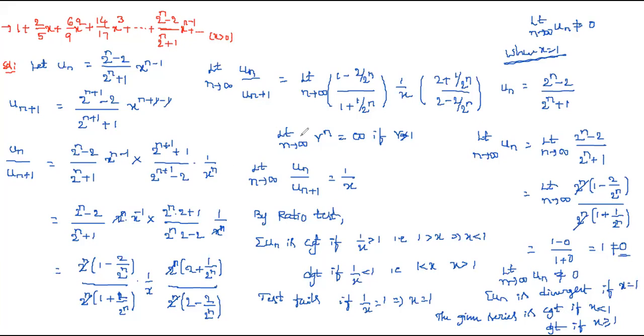Okay, so this is the one. Here also we applied: the limit as n tends to infinity of r power n is equal to infinity if r is greater than 1. And if r is less than 1, simply write that the value is 0. If we compare this one, r is nothing but 2, and 2 is greater than 1, so the value is infinity. So 1 by infinity, 2 by infinity, and here also 1 by infinity, 2 by infinity, so obviously 0. So this is the case you need to remember. These are the points: the limit as n tends to infinity of r power n is equal to infinity if r is greater than 1. If r is less than 1, that value becomes 0.